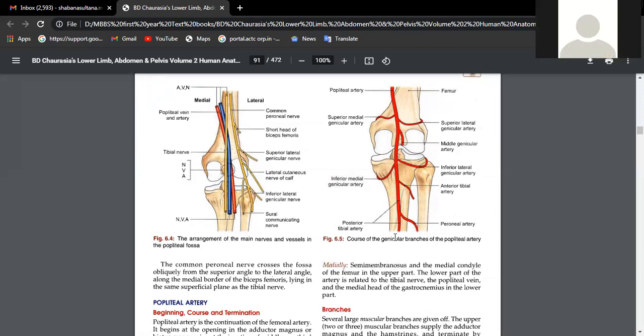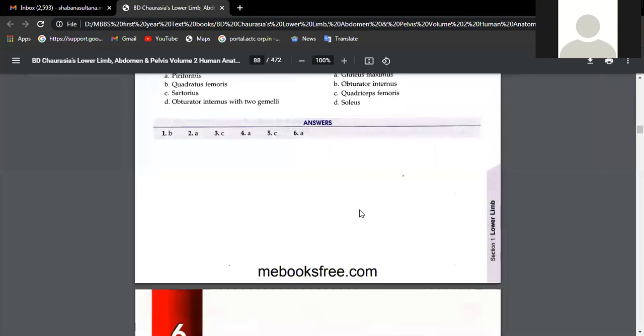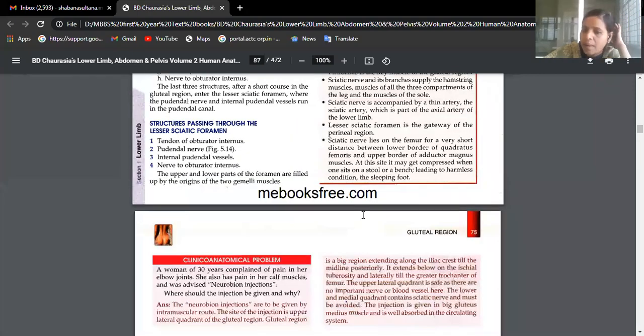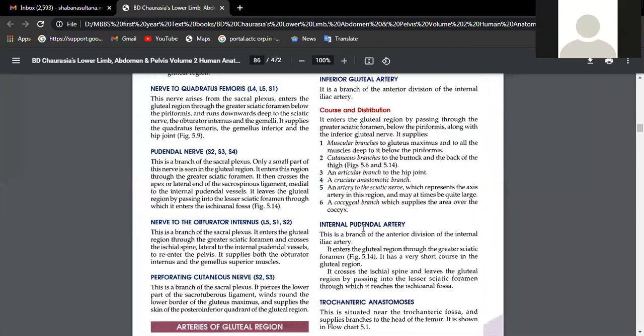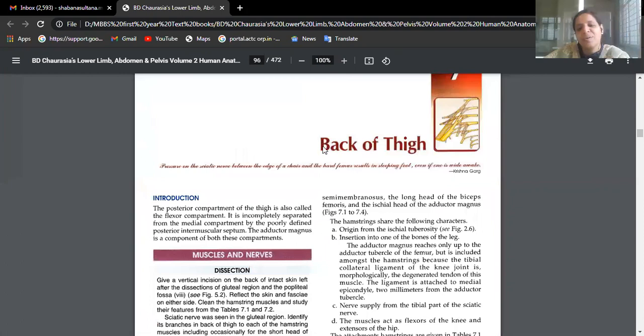Okay. Next question is hamstring muscles better for 5 marks. Hamstring muscles, just name them, Hema, till I open the page. Hamstring means which compartment better? Semimembranosus, excellent, semitendinosus. The posterior compartment. Excellent, excellent. Posterior compartment of dash. Semimembranosus, semitendinosus, biceps femoris. Yeah, excellent. Of thigh, ma'am. Posterior compartment of thigh. Very good, very good. Back of the thigh.